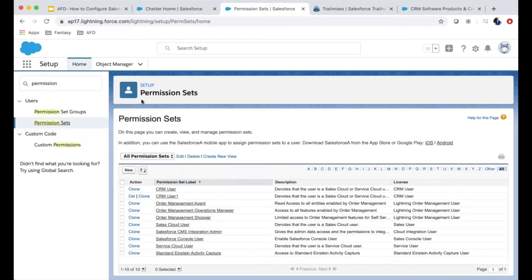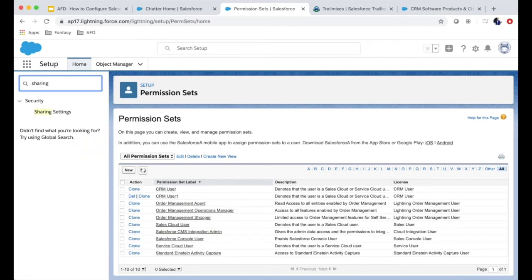Next is about getting access to records. If you want to see the record access, records are your actual records under your object. Say if the object is an account, the record could be company ABC or customer one, customer two. If you want to restrict, so if you're looking at the security model and you want to set up the record access, you can go through this quick search, go to sharing settings,